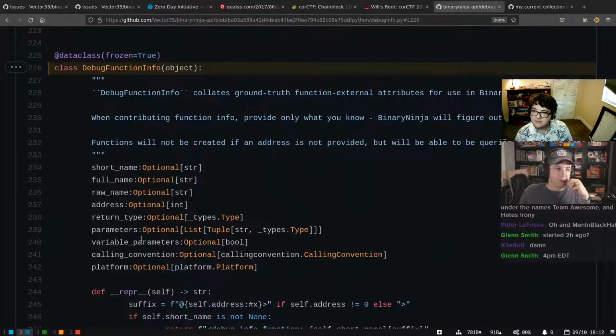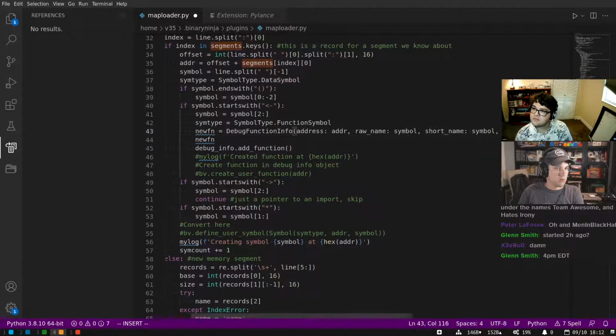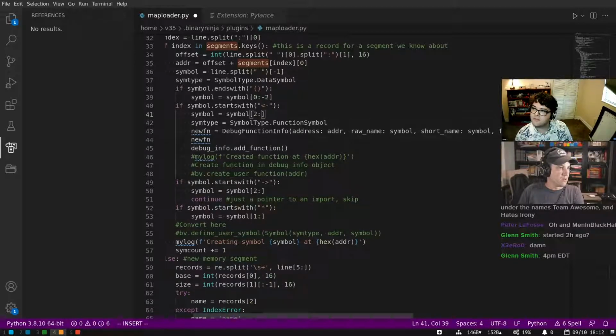I presume you set short name equals in the initializer. So address and short name. Let's try this. Address colon addr, and raw name colon symbol, short name colon symbol, full name colon symbol. Not colon equals, right? Thank you.